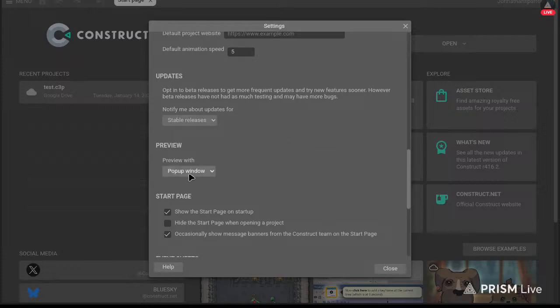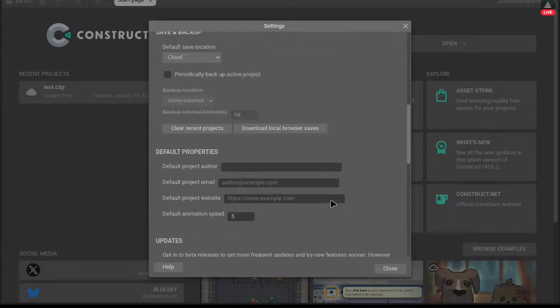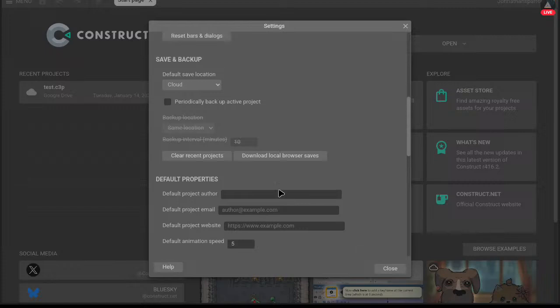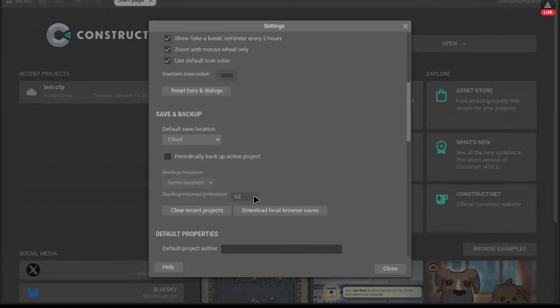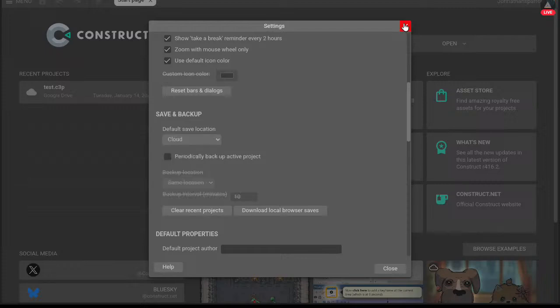When you press play, you can change the preview to dialog, browser tab, or pop-up window for better debugging, animation speeds, and project author and all that. You can choose here though, save and backup. You can choose the cloud, local browser, download a copy, all that good stuff.